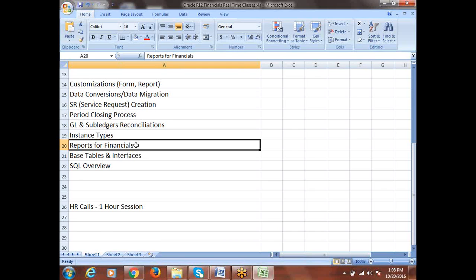Here again we'll be discussing at a detailed level. It's not just the top 10 reports; what general reports we will be recommending and for what purpose, we'll discuss in detail. And tables and all. So here, the base tables for the very core transactions in respect to the application. Take a simple example, payables. In payables, what are the core transactions we'll be doing? Invoices and payments. When you record the invoice, where the invoice information will be stored, which table, we'll discuss, and we'll query the table and we'll see the data.